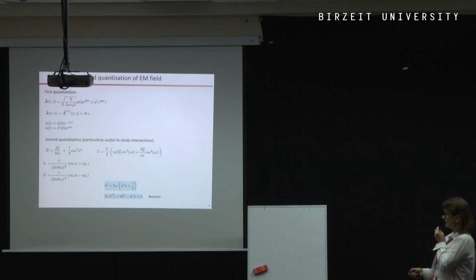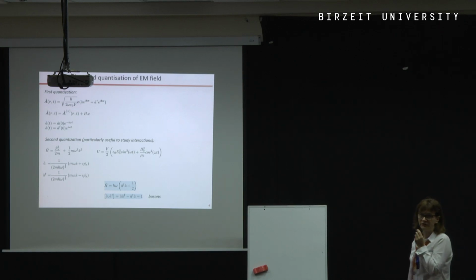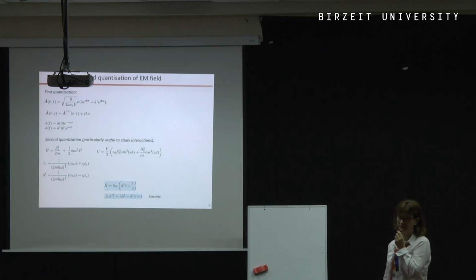So this is a second quantization for electromagnetic radiation. In this particular case, it represents one mode of radiation, and mode of radiation is always defined by omega, which is the frequency of radiation, and